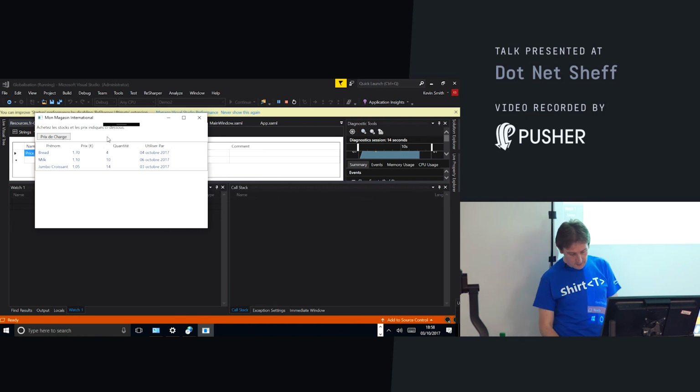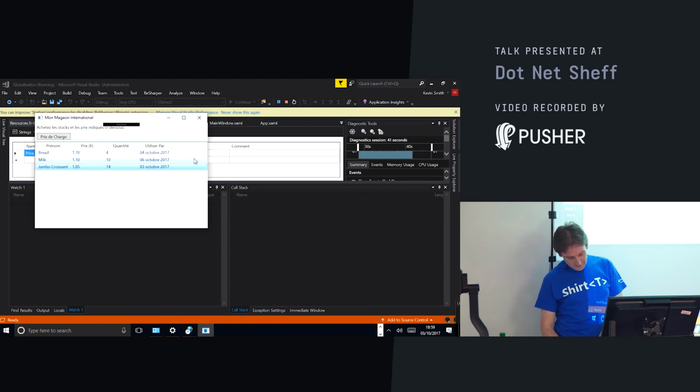So we've got this euro. If I switch to Canadian, we get a dollar there. If I switch to ENUS, we get a dollar and different date formats. But we're still not perfect here because all the items have come up as bread, milk. They're all still in English. Although we said that the price is in euro, we're actually charging the price in pounds.